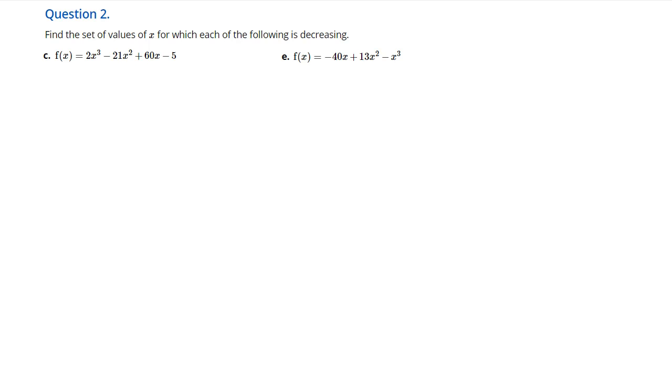Here we are on page 215 looking at 2c, and what they want to know is the range of x values that this function is going to be decreasing. So basically the slope at these points, we'll look at x, will be negative. So here we go. We've got to find the derivative first because that's how we're going to find the slopes,